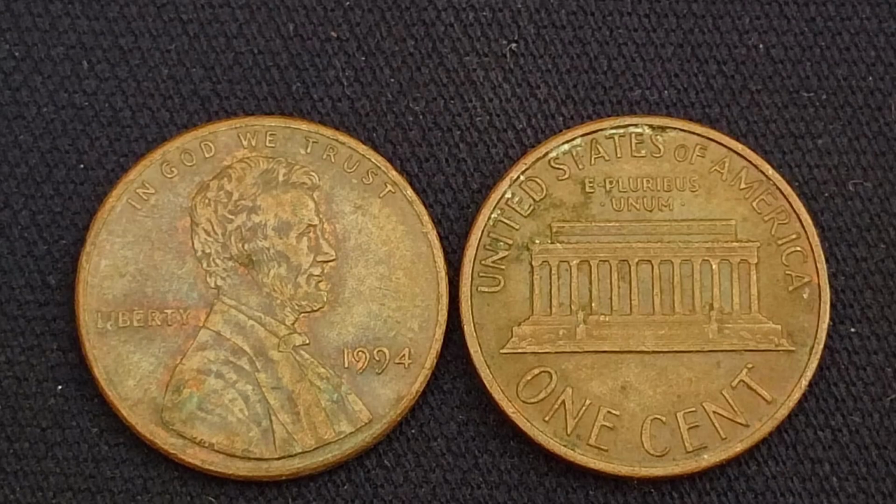And as we unfold this story, you'll learn why such an ordinary-looking coin struck in a year when billions of pennies were minted could possibly be transformed into a life-changing treasure thanks to small details, minting flaws, striking anomalies, and the passion of numismatists who search tirelessly for these hidden gems. So let's take a journey through the details, the background, the specific errors, and the reasons why this coin can